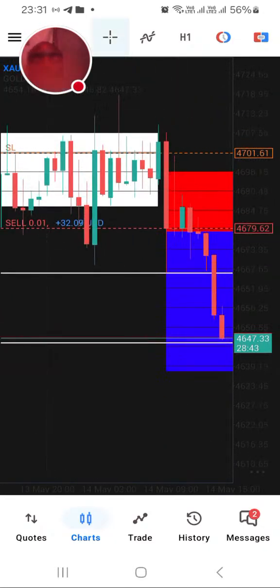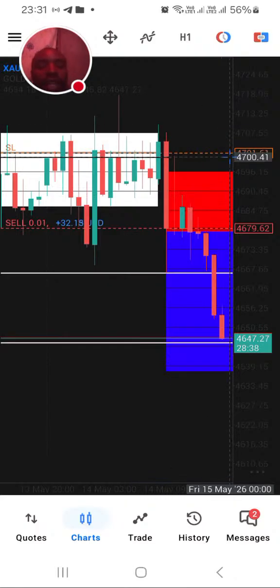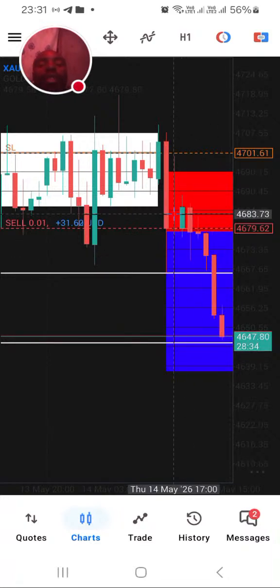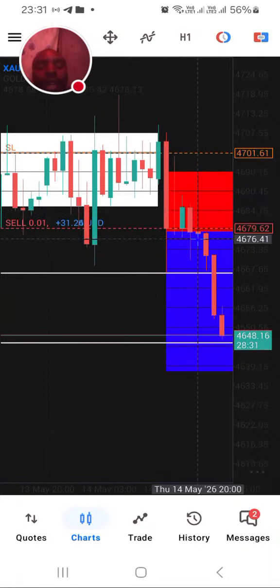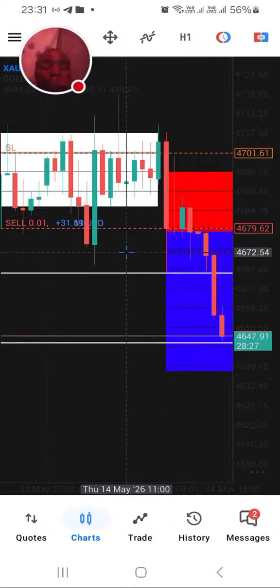So if we look at the 1 hour, it shows a clear market structure. This was a high, low, this was a high. So it came and it broke. Once it came up, it formed a high low, and the high low then broke. That is a confirmation, right? So after that,